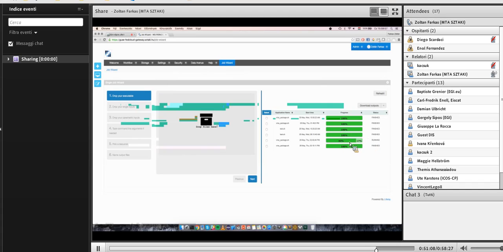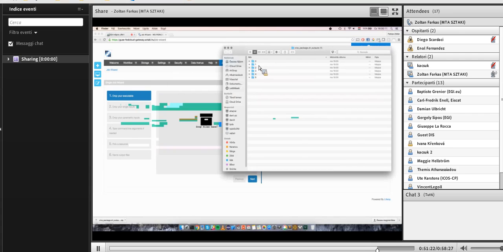So still here, the application has nearly finished, but I'm going to download an earlier result for you. Okay, just download the outputs. I will receive a zip file, and if I go into that zip, then you can see that there are